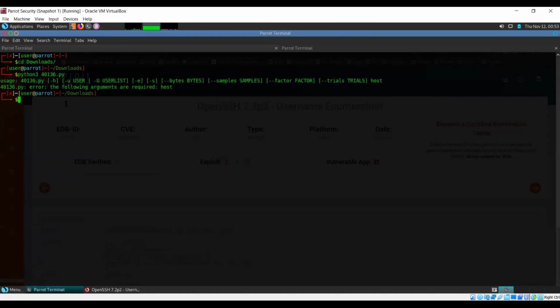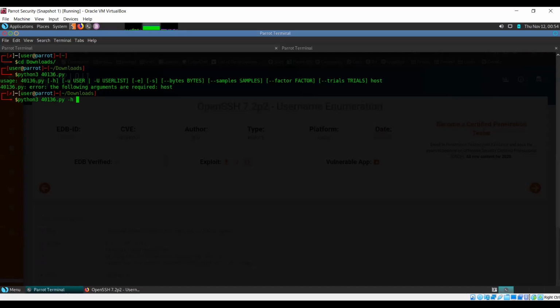So when you run it, if it is properly written, an exploit is also going to tell you the kind of usage that is required. Now this is just for username enumeration, so it's not really something that will give you access to the system.